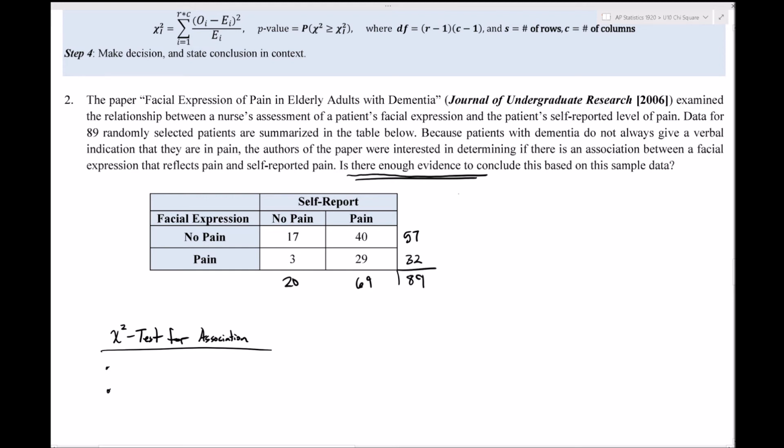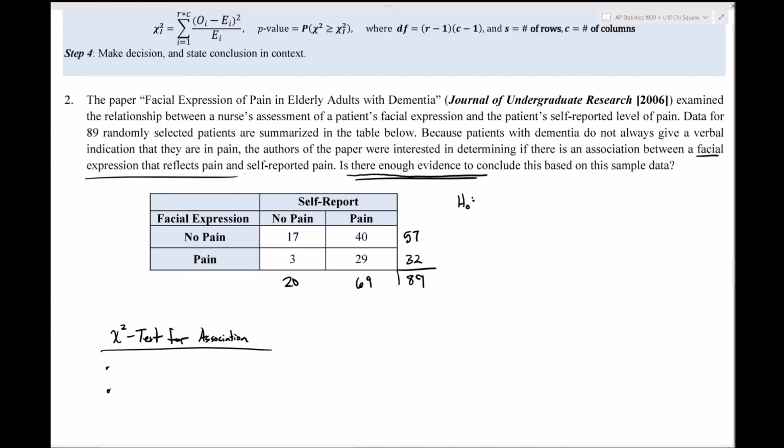What I'm missing first off, because I skipped from step 1 all the way to step 2, is step number 1, hypotheses. So in this case, since it's a test for an association, there is no association between self-reported level of pain and their facial expression expressing pain. So I might want to use their wording. Is there an association between, and I'm reading the second to last sentence, facial expression that reflects pain